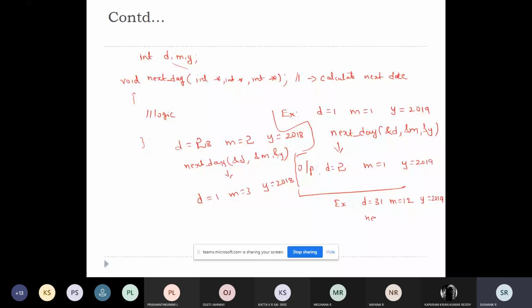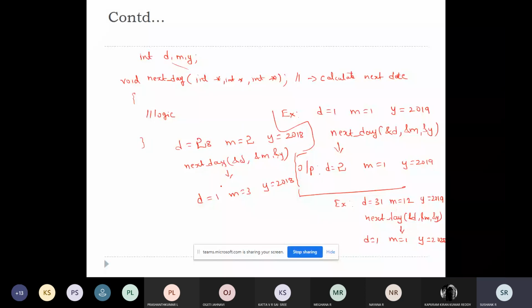If I call the next day function, the date will become 1, month will become 1, and the year will become 2020. The day will change to the next day, month from December will become January, and year from 2019 to 2020.